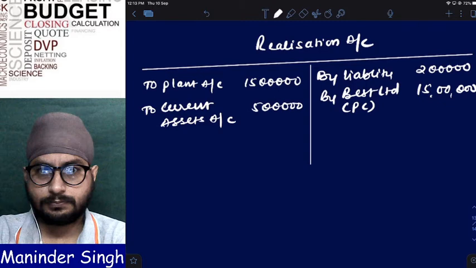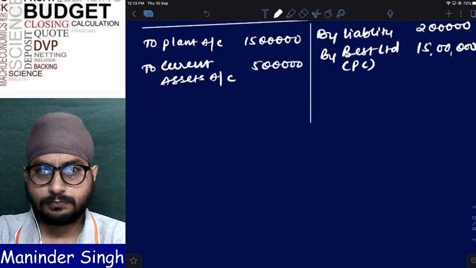How do you know? Before calculating the net assets of Best Limited, can you decide this? Simple question. Can you decide whether it is goodwill or capital reserve before calculating net assets? No. Here only students will get confused. They will assume that I am giving you assets at this value. Your share capital is 15 lakhs, I am giving 15 lakhs, so it means there is no goodwill or capital reserve. No. Always remember, in the purchasing company's accounts, you have to calculate net assets or not. Once you calculate net assets, then only you will come to know whether there is goodwill or capital reserve.